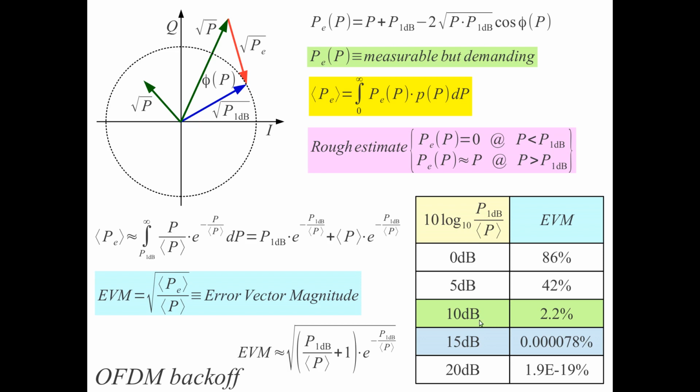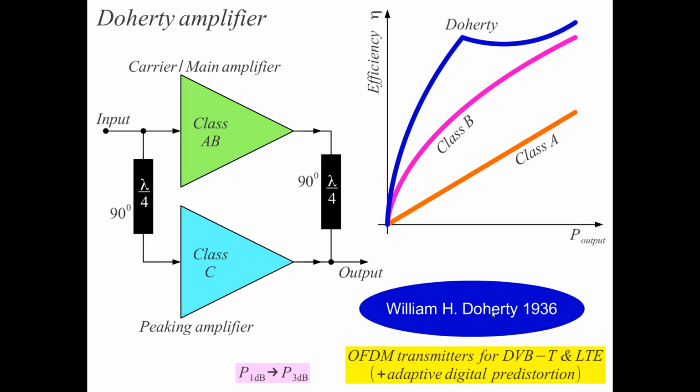What does that mean? 10 dB back off means for a class A amplifier 3% efficiency. 15 dB back off, for 30% efficiency at the 1 dB compression point, means 1% total efficiency of the amplifier. So a simple class A amplifier,